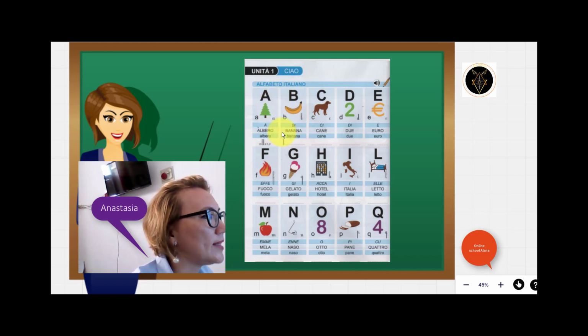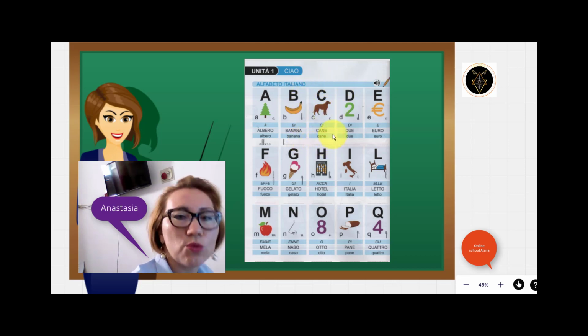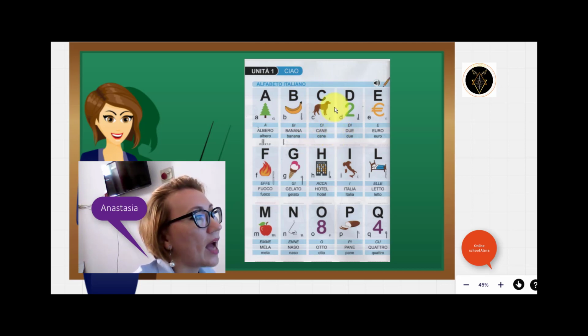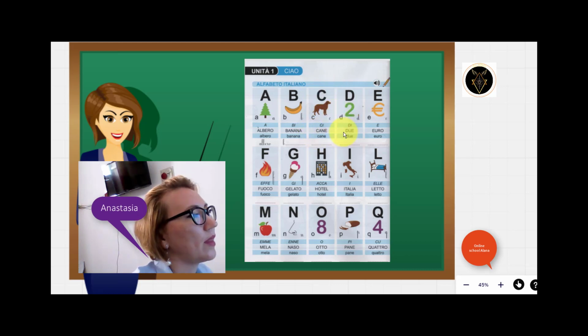and the example is banana. That means a banana. The third letter is C, and the example is cane. This letter C has two sounds, ch and k, but I'll explain this rule a bit later. A letter C, cane, a dog. The next letter is D,